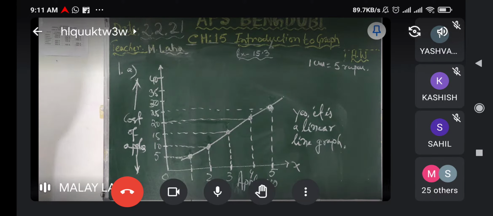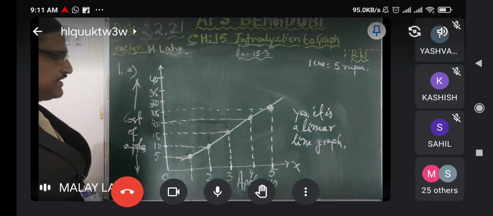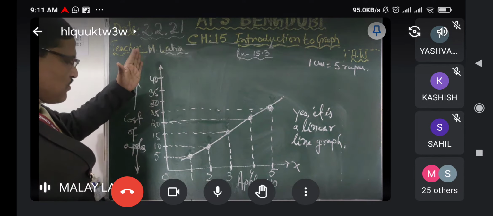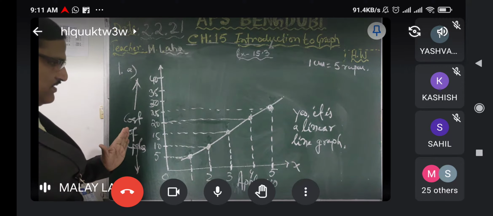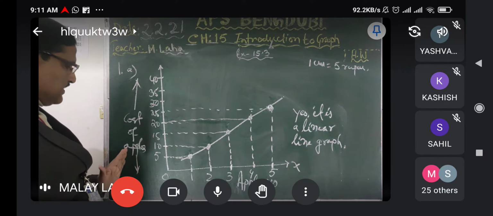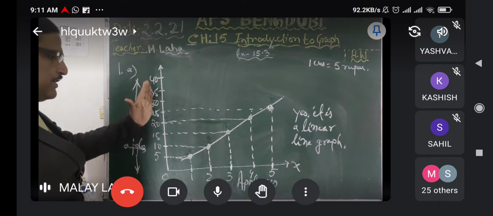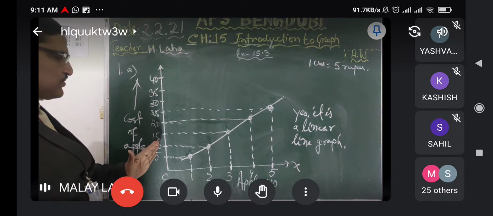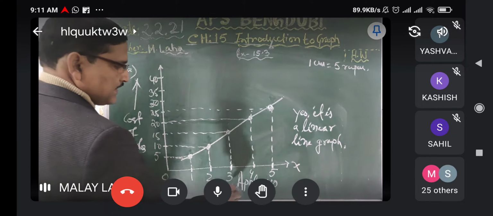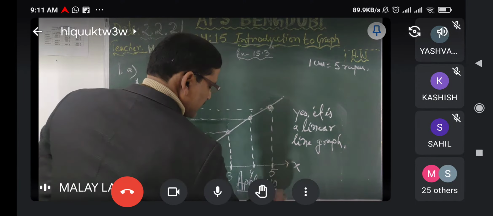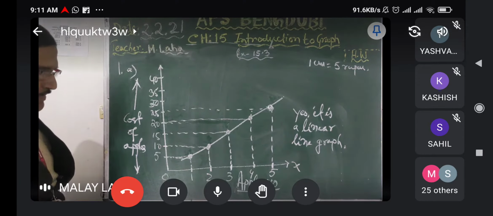So this is the way you have to, what I will check in exam, I have to see whether you have written the y-axis with the event, with the content here. It is a cost. Vertical line should always be values, cost, and horizontal line should be event or item. Here the event or item is what? Apple's number. Okay, it is given in the book.